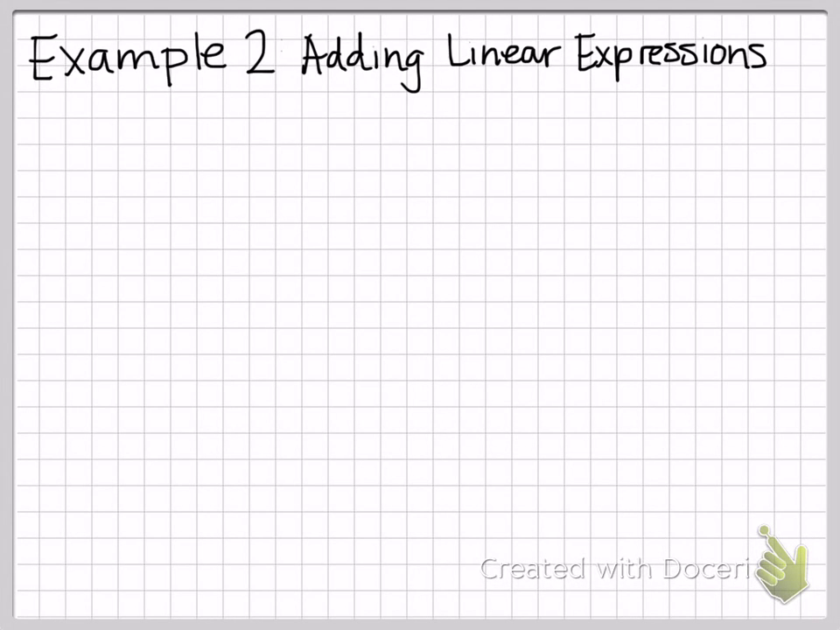Okay, class. Example 2, adding linear expressions. Now this one is going to look pretty similar to the ones that we did yesterday in lesson 3.1, example 3, where we do the distributive property. So the problem for example 2 says find 2 times negative